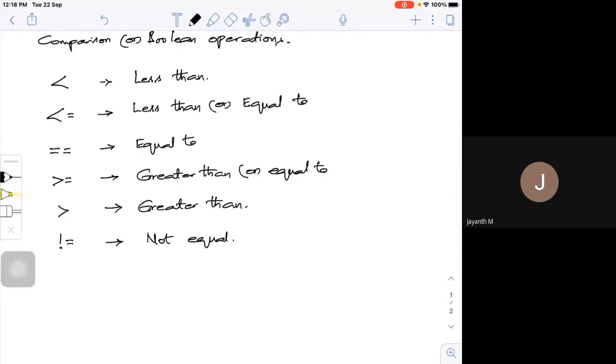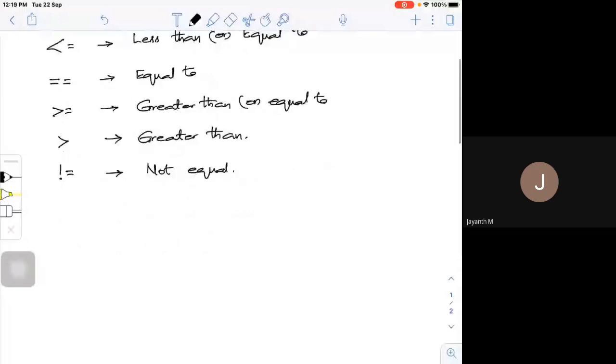See, what does it do actually? When I have this Boolean expression, it asks a question, whether it matches or not.